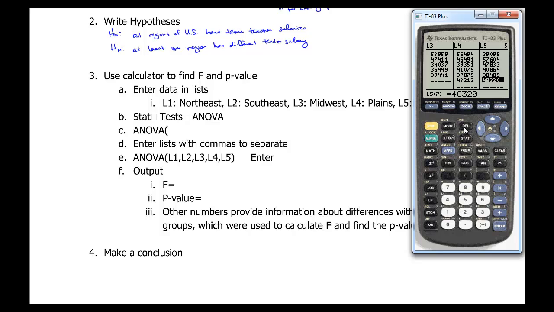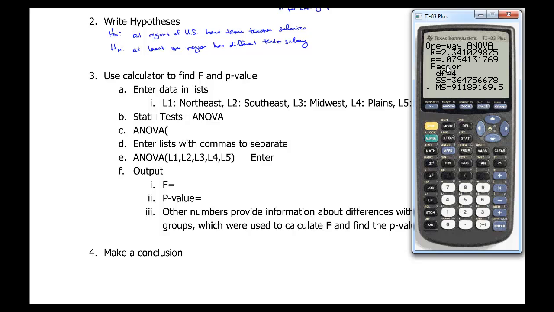And then to do an ANOVA, go to the Stat menu, Tests, and ANOVA is on the bottom, so just push the up arrow once and there's ANOVA right there. And what you have to tell your calculator is which lists your groups are in. So we have 5 lists. So there's list 1, comma, list 2, and I'm just doing second and a number to get your list. So list 3, list 4, and list 5. Okay, so we had 5 groups, so we used 5 lists. Hit enter,